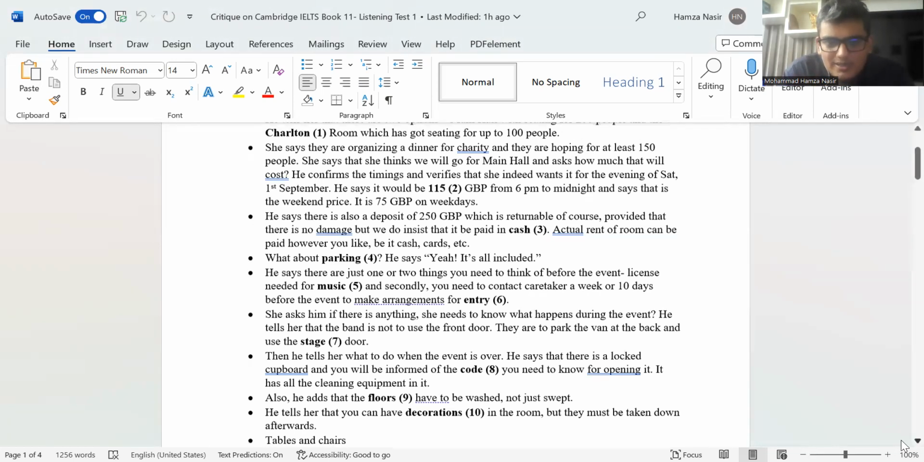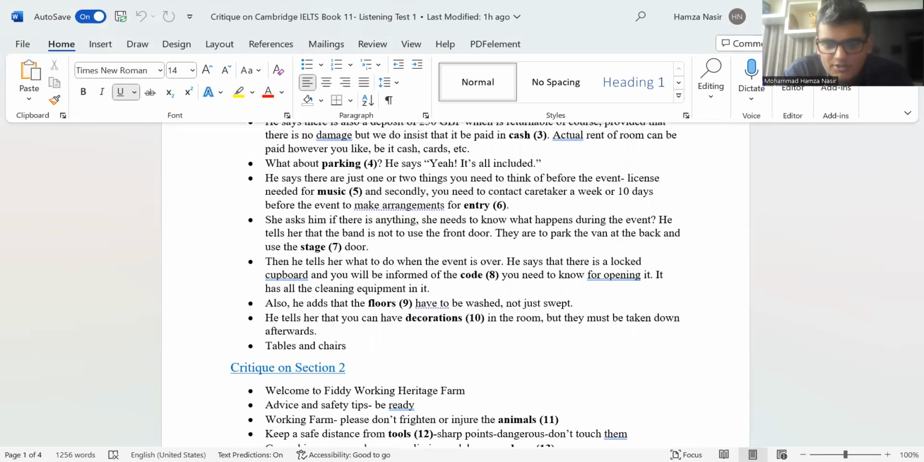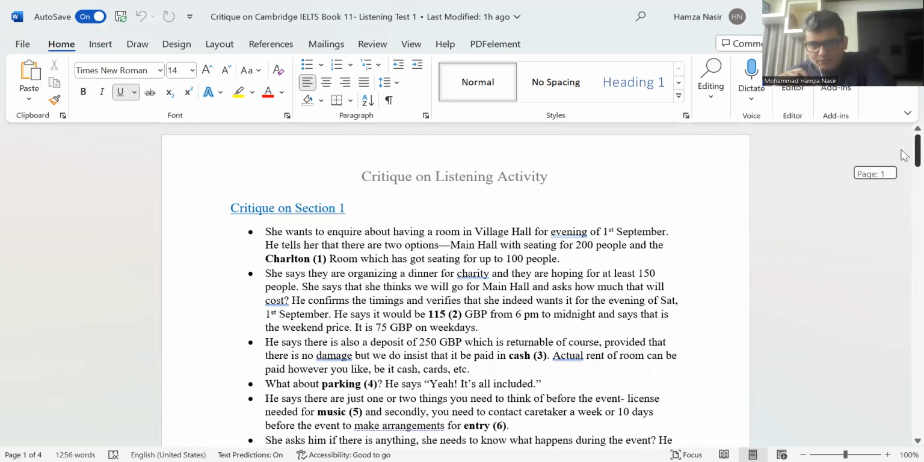Next up, also he asks that the floors have to be washed, not just swept, okay? So the floors is the answer to question number 9. He tells her that you can have decorations in the room, but they must be taken down afterwards. So dash must be taken down. That is decorations. That is plural. DECORATIONS. Okay. So this fella sums up our answers to questions 1 to 10, and we are done with section